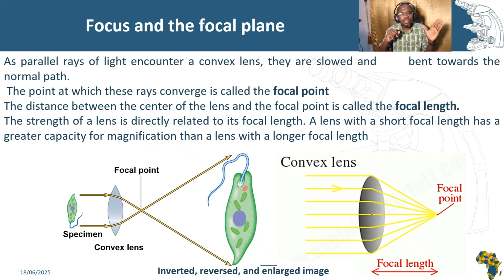Focal plane. A focal plane is defined as an imaginary flat surface. A focal plane is an imaginary line that passes through the focal point. When a sample lies on the focal plane, the images appear clear with fine details. But when samples fall below the focal plane or above the focal plane,